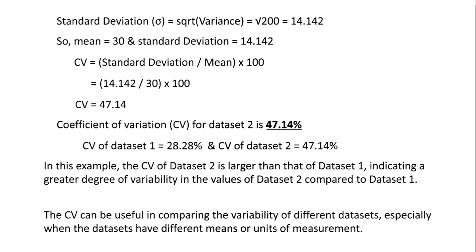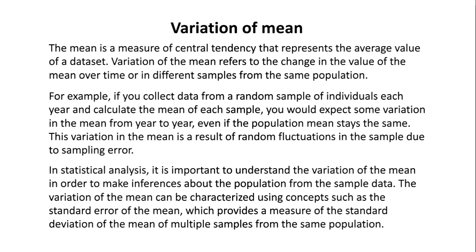The CV can be useful in comparing the variability of different data sets, especially when the data sets have different means or units of measurement. Variation of mean. The mean is a measure of central tendency that represents the average value of a data set. Variation of the mean refers to the change in the value of the mean over time or in different samples